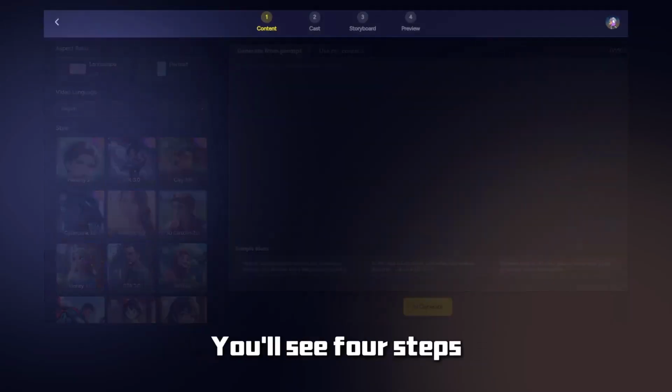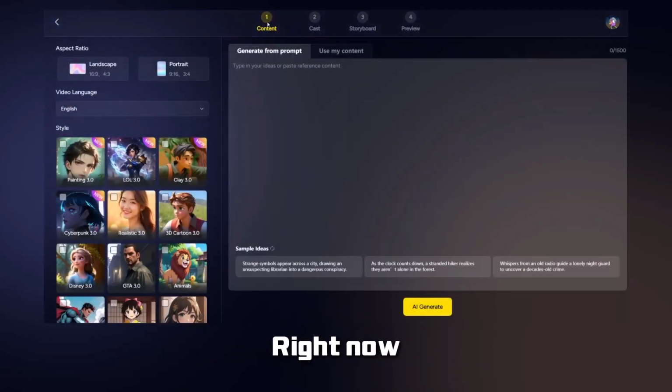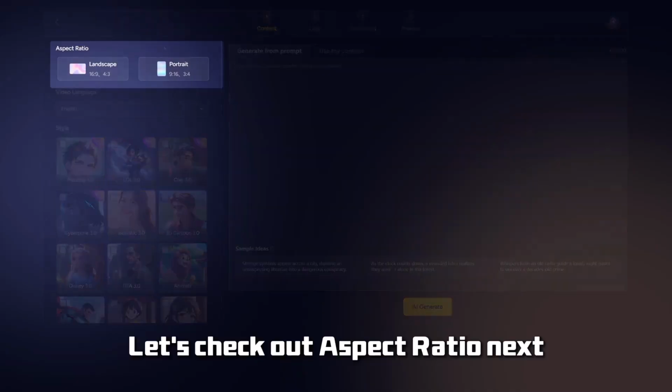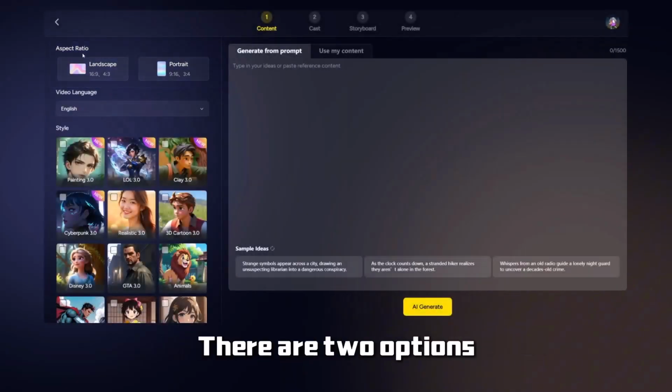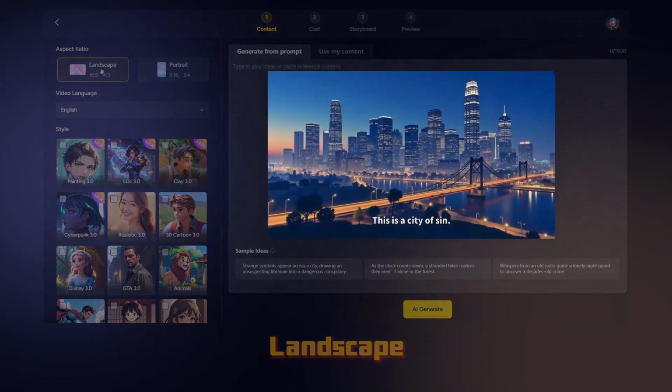At the top, you'll see 4 steps. Right now, we're on the first one. Let's check out aspect ratio next. There are 2 options: landscape